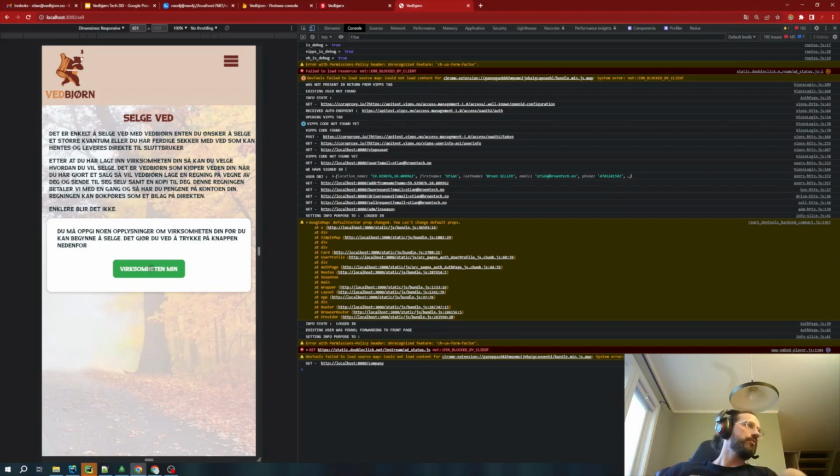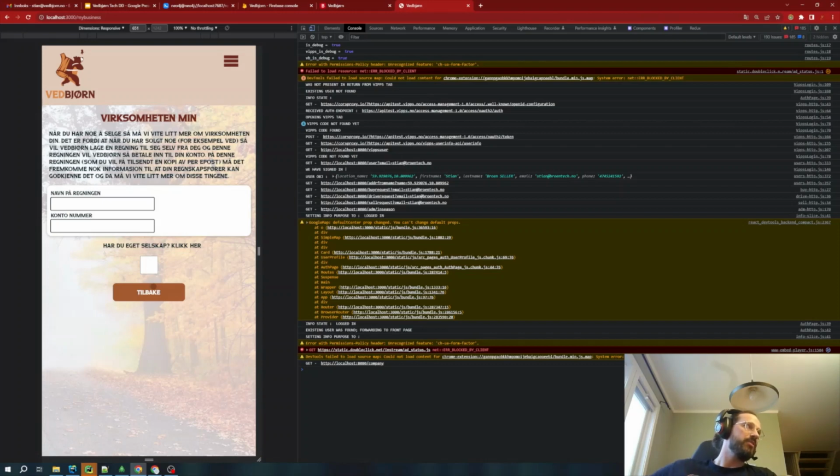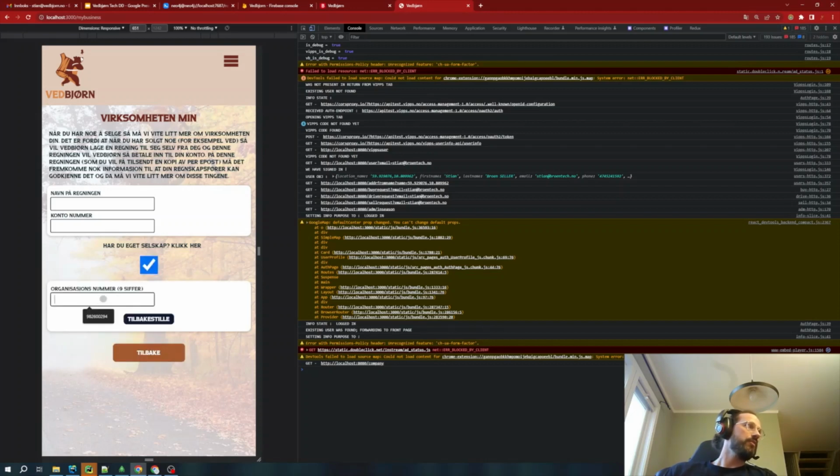So first of all, you need to define a business, and this is because how the payment for sellers and drivers works is that Vedbjørn is going to create an invoice for you and then send that on your behalf to Vedbjørn. So Vedbjørn is then going to pay it. So you're kind of automatically invoicing Vedbjørn when you have a sale or you performed a task that you should get paid for. So this is connected to